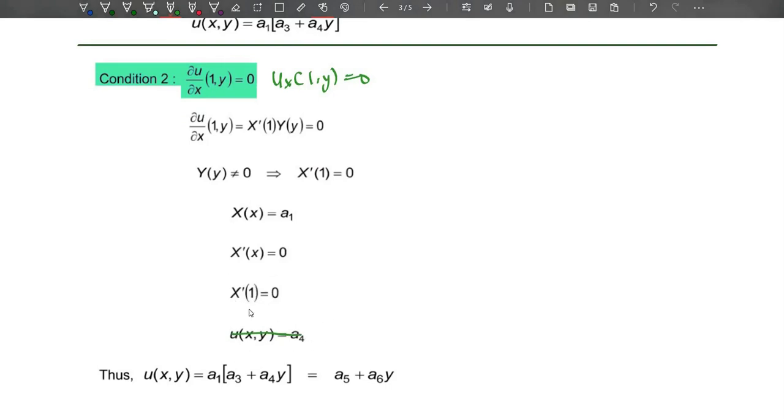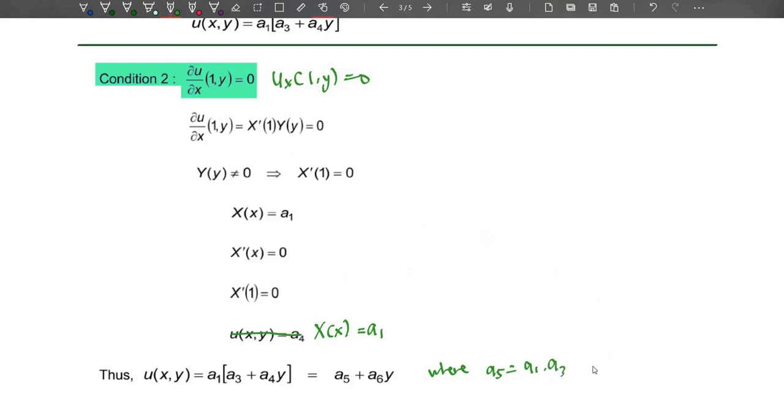It should be, okay, after you get S prime 1 equal to 0, that's when S of X is equal to just A1. Okay, this one is the correct one. That means here U_S(Y) is equal to A1 times A3 in bracket A3 plus A4Y, which equals A5 plus A6Y. Okay, you need to explain actually where A5 is equal to A1 times A3,